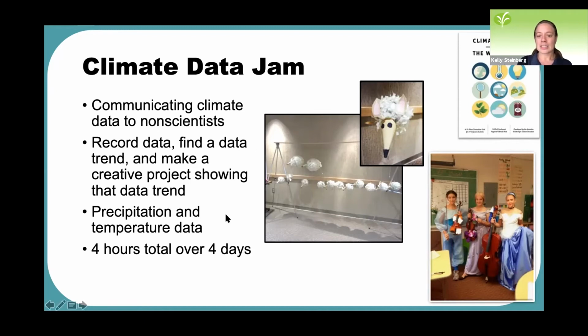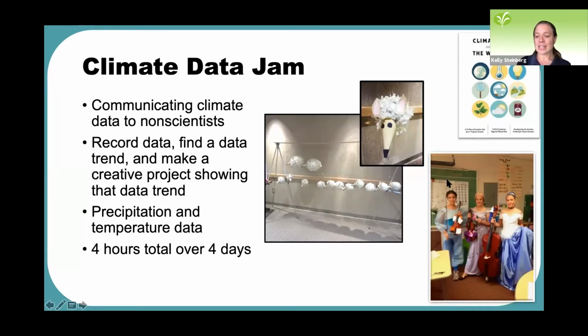These two pictures come from a data jam project where students were using data on kangaroo rat populations from here in Las Cruces. They had data on the population size over several years. And to show that, they made a bunch of these kangaroo rat piñatas, and the circumference of the piñata was scaled to the number of kangaroo rats in the population that year. So you can see as you look at all of them, some years we had very few, some years we had a lot, but most years it stayed pretty consistent.